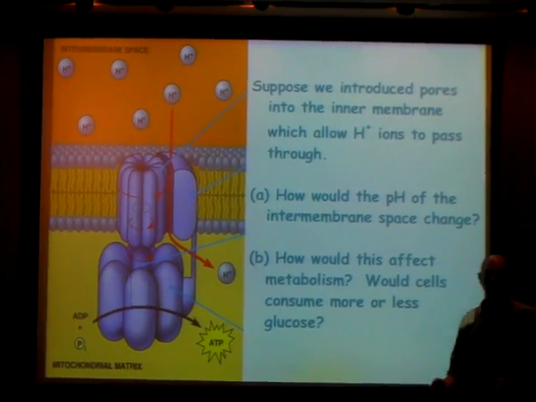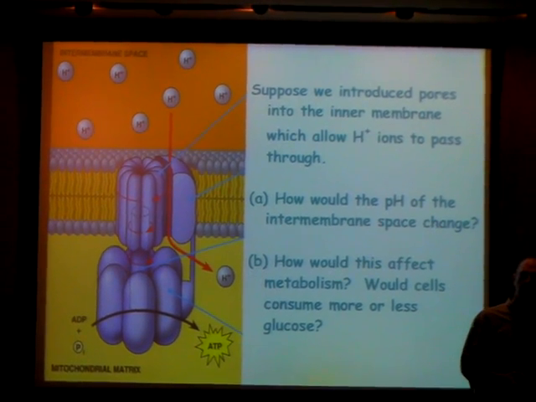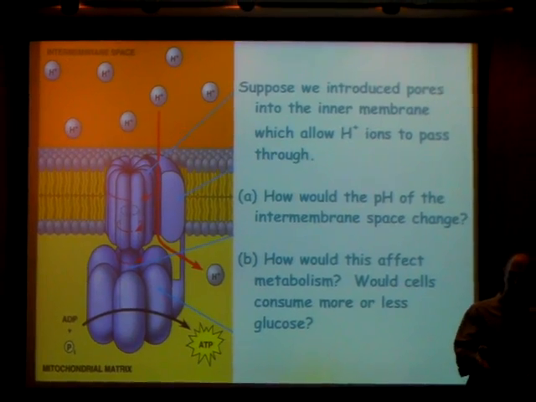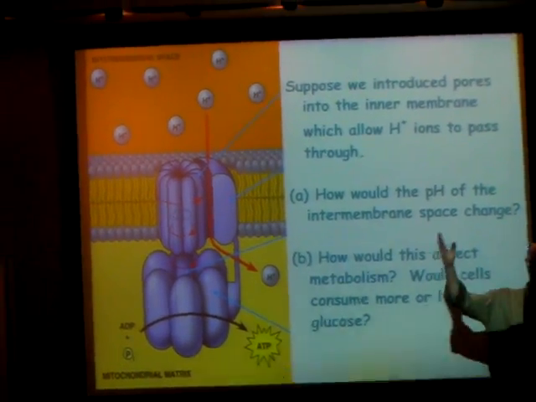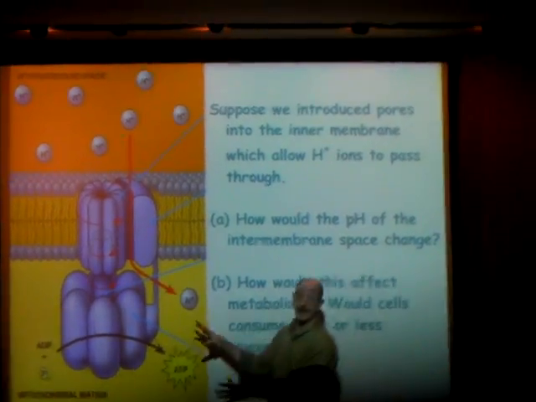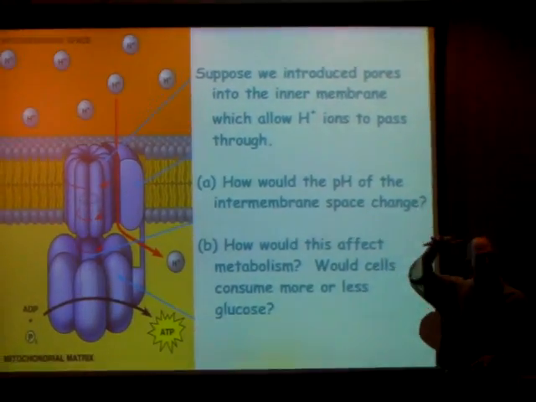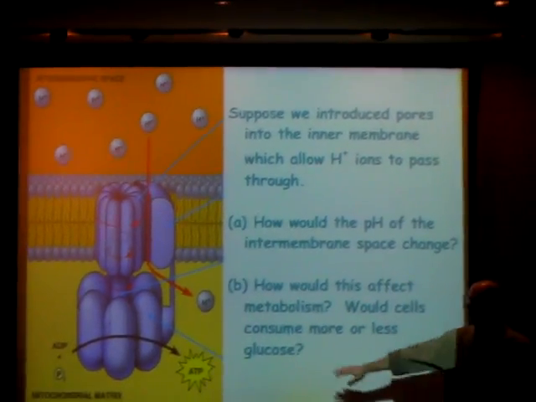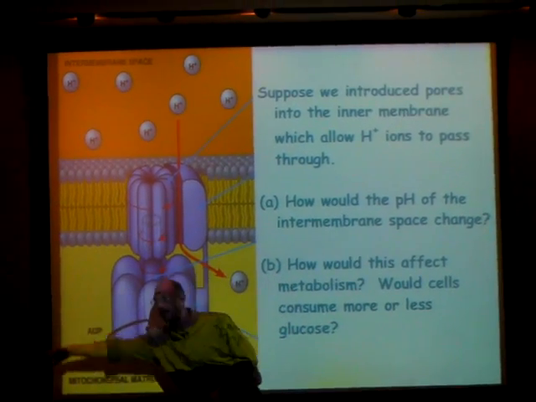Phosphofructokinase is the name of the enzyme. How is that enzyme regulated? Exactly right. If you have a lot of ATP around, that enzyme will be inhibited, and glycolysis will be shut down. So now if you have ADP, which is what ATP turns into if you don't have